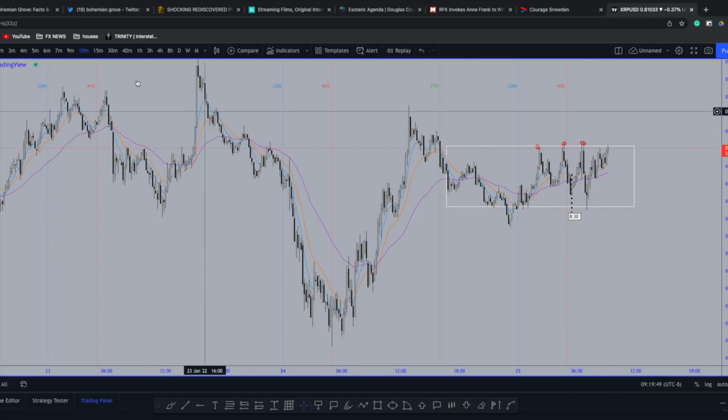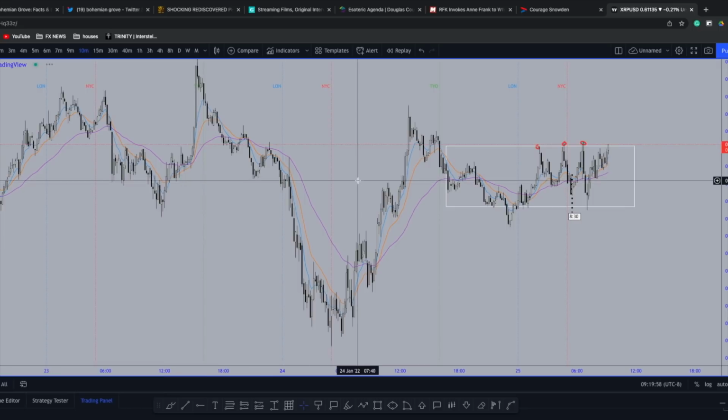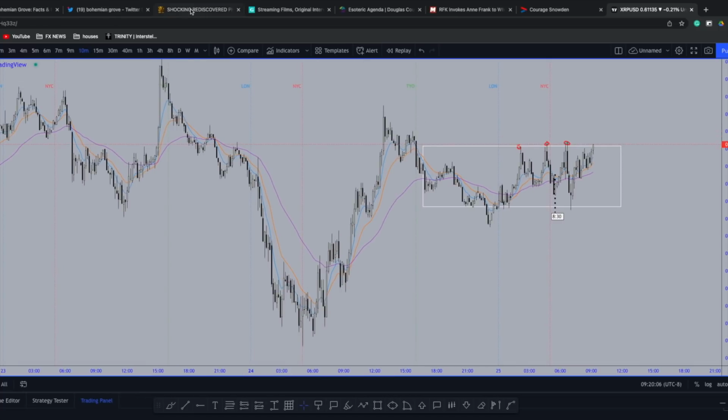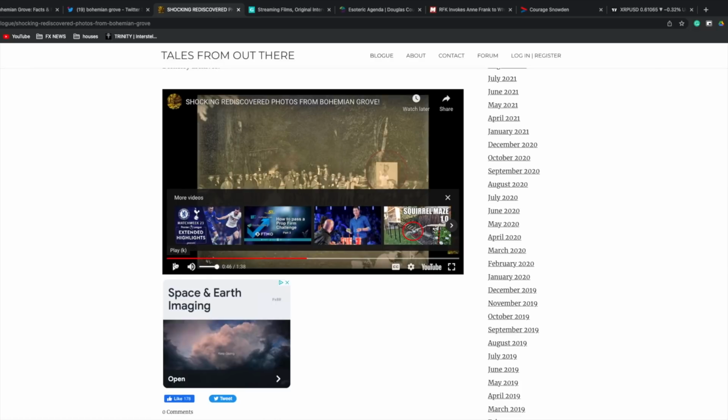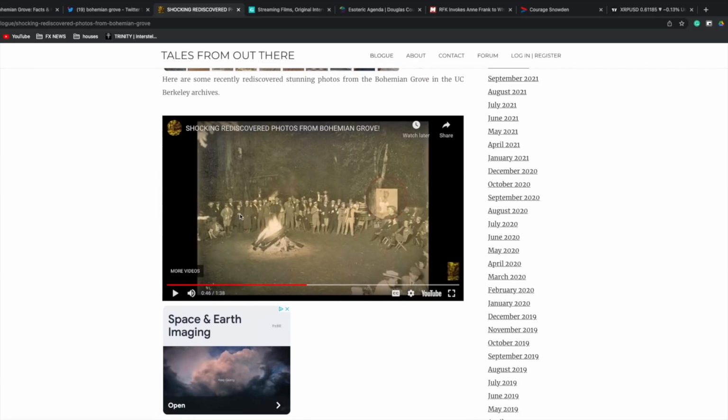But this is just to show you guys that the rabbit hole goes so much further than anybody realistically knows. Okay, do your own personal research. Again, I can't display to you guys my overall opinion, my personal belief and opinion, because YouTube doesn't like that. But just to finish off, okay, this is a couple of snippets from the UC Berkeley's archives here in California. These are some old pictures of Bohemian Grove, and I thought that I'd just display them to you guys.